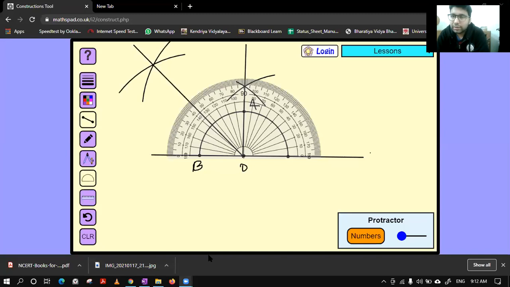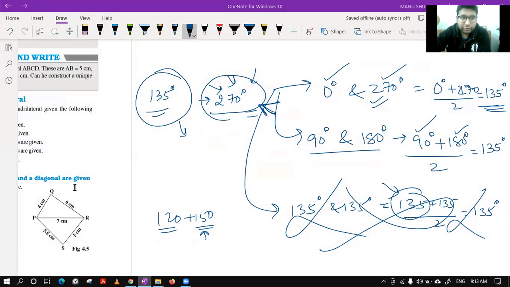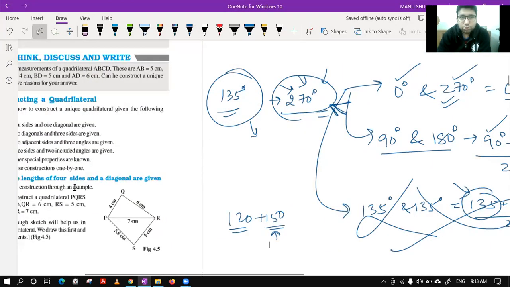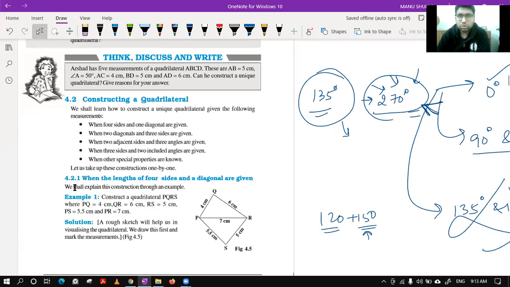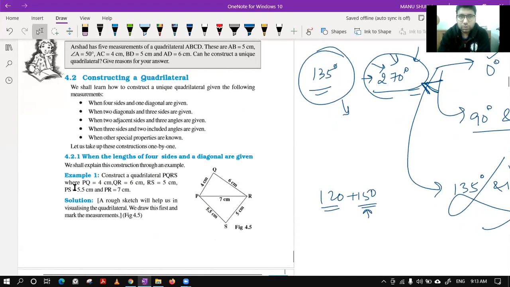We just need to understand that sum of two angles divided by 2, if it is giving you the answer, then you can always make that particular angle. Okay, this was by Euclid's that we can draw this way. I hope these points are clear to you. Tomorrow we will start the discussion because this chapter required this help of angles. That's why I went for this. I urge you all to go through these concepts once.